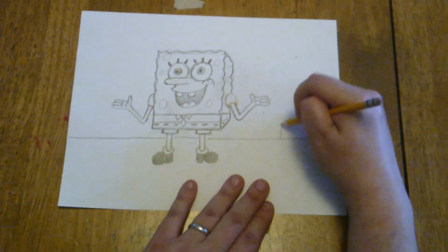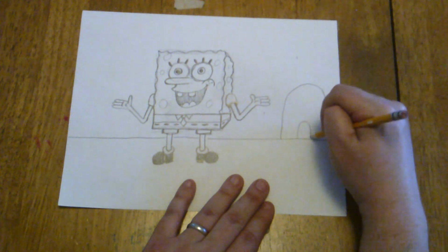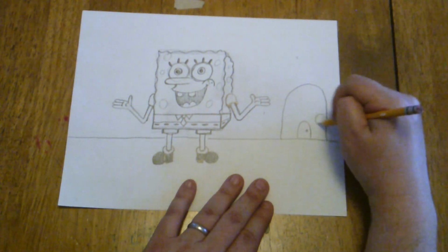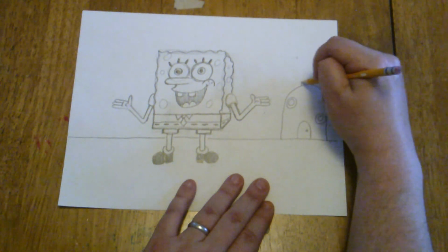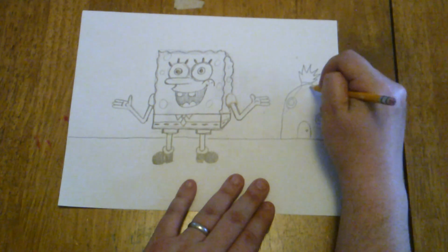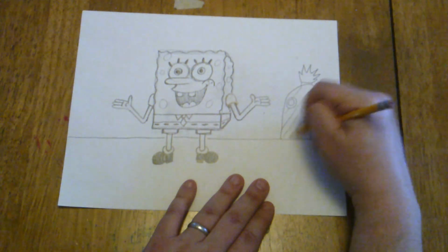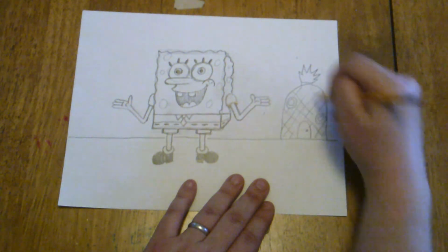I could have this curved shape with a nice curved door on it, a little doorknob, some circle shaped windows, and this is actually SpongeBob's pineapple at the bottom of the sea that he lives in. I can give it that crisscross line pattern to give it that pineapple texture. And as we all know,